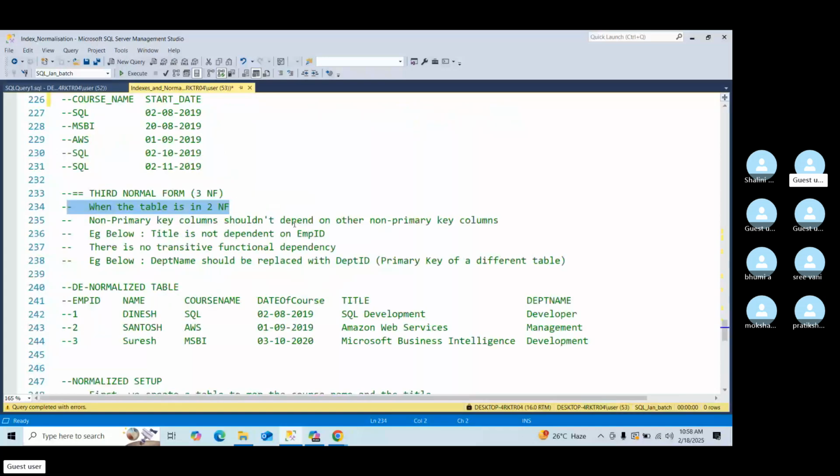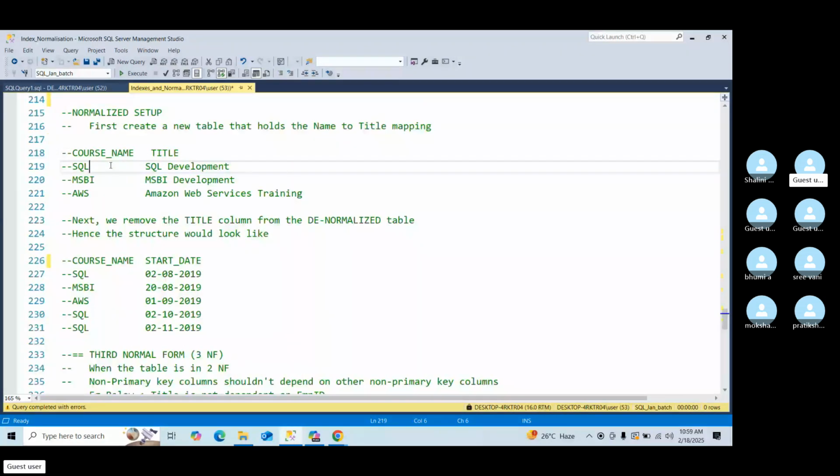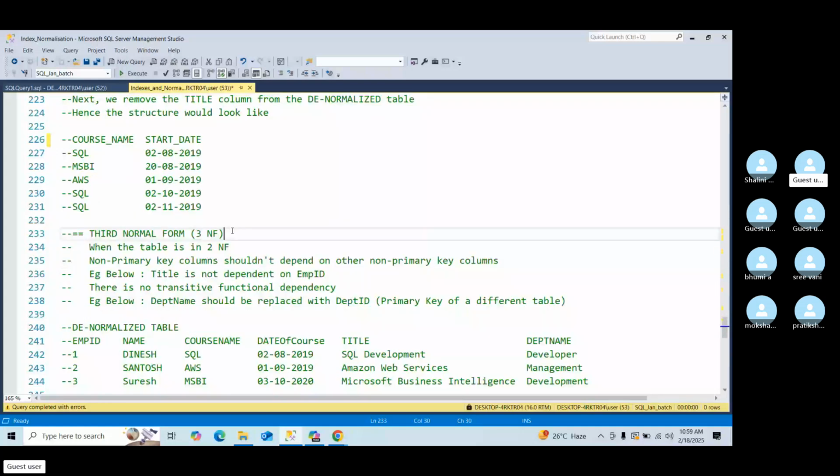And what we are going to do in the third normal form is that non-primary key columns should not depend on other non-primary key columns. We give the primary key constraint to a column and map it to another table so that we can use it here for reference. So the third normal form says that non-primary key columns should not depend on other non-primary key columns. Why? Because if I try to match non-primary key columns with other non-primary key columns, then it may happen that, suppose this is not the primary key,